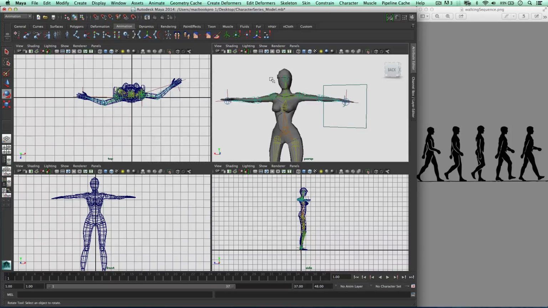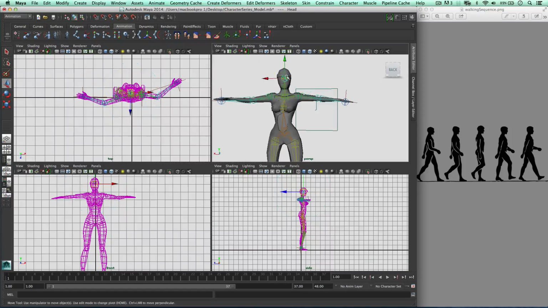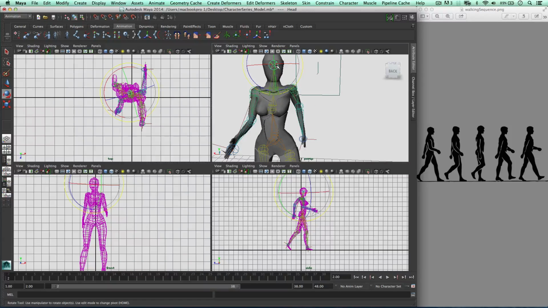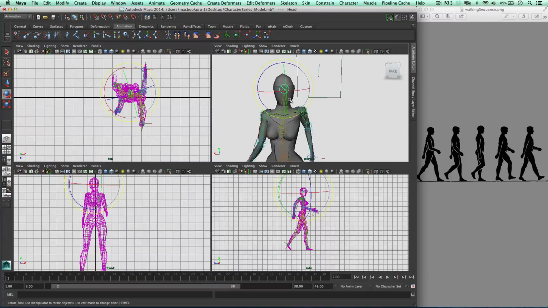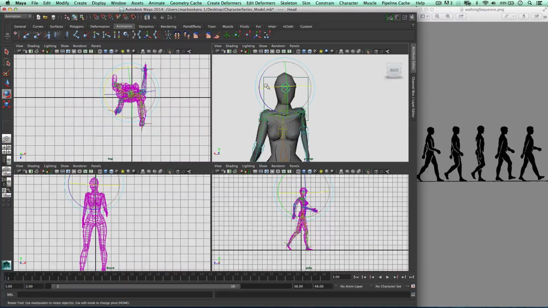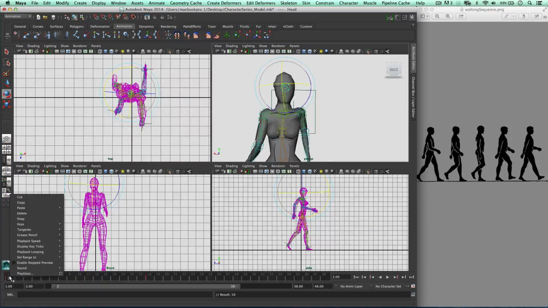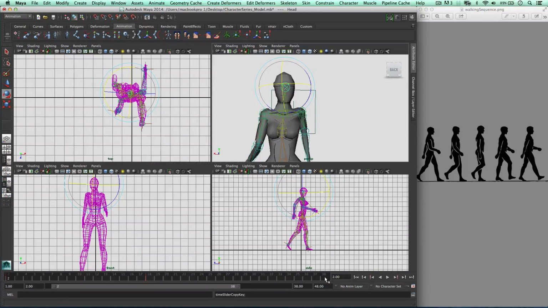So on frame 1, we get in the head joint, keyframe for the T pose. Frame 2 now to 38. Because the head is parented to this upper body joint, the head will move as well. So I'm going to rotate the head to face forward. Okay, just like so, very roughly. On frame 18, I don't want the character facing away from the direction it's walking, so I'm just going to key it in. I'm going to copy frame 2 and paste on frame 38,